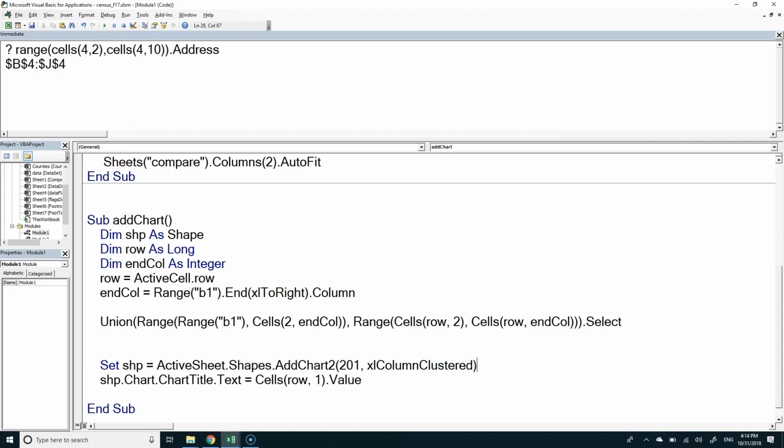Maybe I've got a chart sitting in one of my templates. The truth is, I've never worked with VBA in templates, but my guess is that when you open a template, it just makes a copy of that workbook and opens that. You can't access the details of that chart that's in the template or any other workbook unless it's in an open workbook. So you'd have to do something to get that chart open,